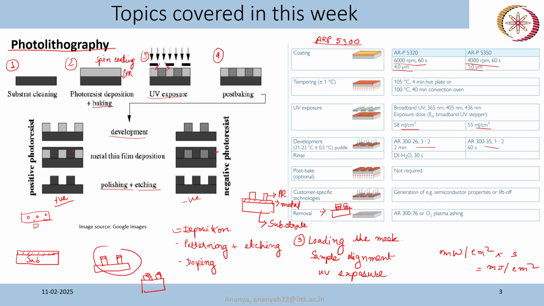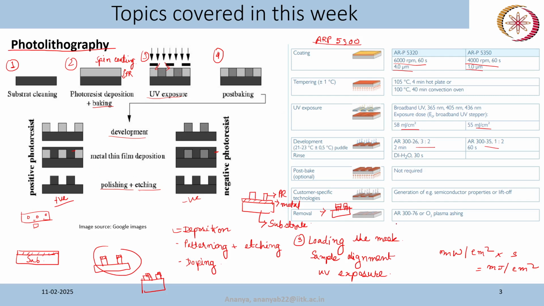You can either deposit the film before doing the photolithography process, or sometimes you can do the deposition after the photolithography process, as was given here. It depends on your choice of material, what you want to deposit, and also on the facilities available. You can take any of the routes. Here you can see post bake is optional. After development also sometimes post bake is required, and then you do customer specific technology,